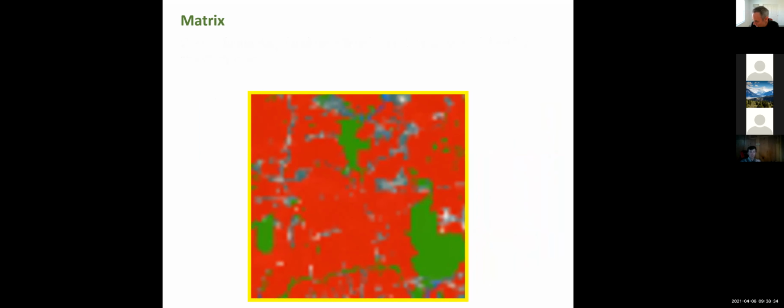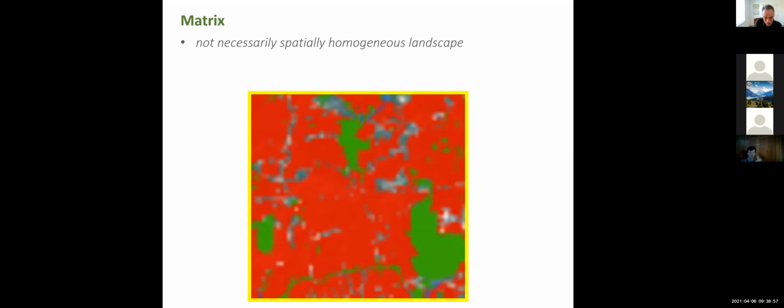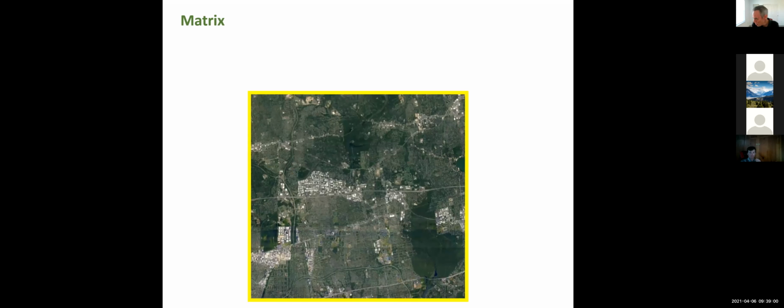But if we zoom in on that area to get a better sense of what's going on, at this scale, we can see some of the classification symbology a little bit better. The urban development appears to be contiguous and homogeneous. But if we look at the corresponding orthophoto of the area, so I'll just flip back and forth here. Whoops. So here's the aerial photo again. If we look at that aerial photo, we can see that the urban development is anything but homogeneous. In fact, there are significant differences in terms of tree cover and intensity of development across that study area.